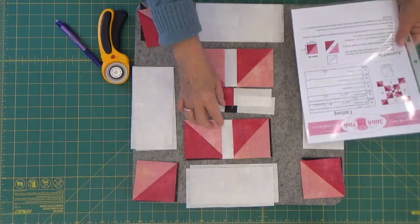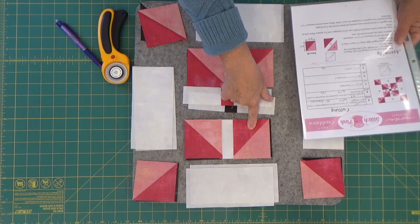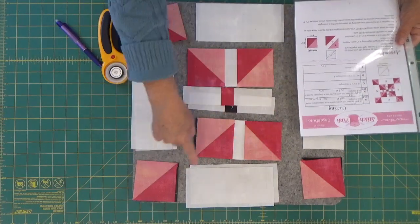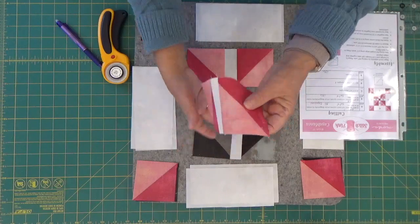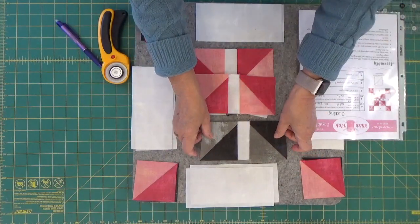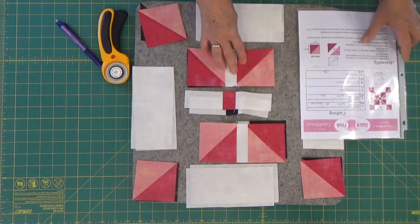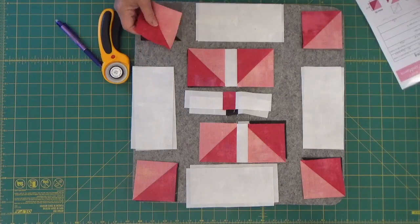And if I look at this one, I have a problem. It's not right. So now I'm going to turn it this way, and I see, yes, I'm right. Yes, I'm right. So now let me pick this one up below, and again, look, I wasn't correct. I got it switched around. So that's why we stop at this point and we double check to make certain that we've got everything right,